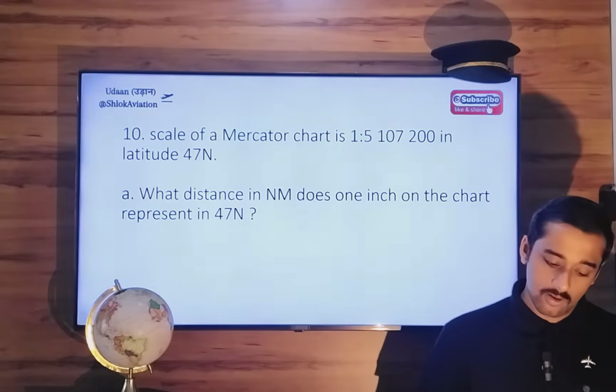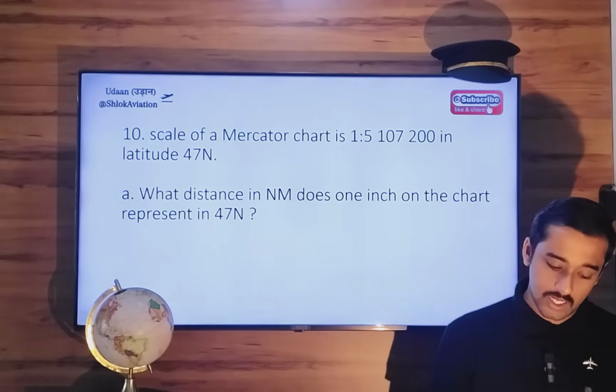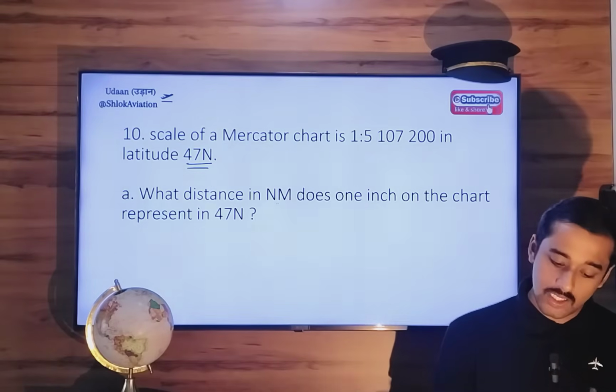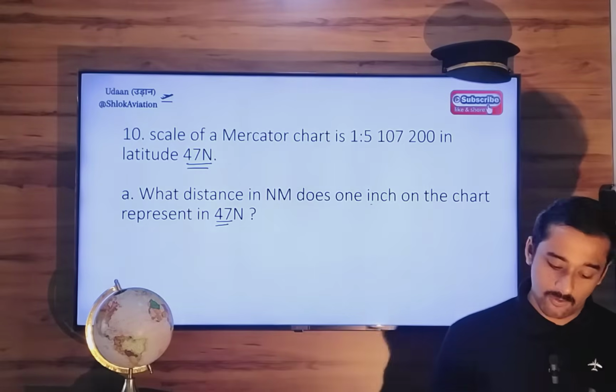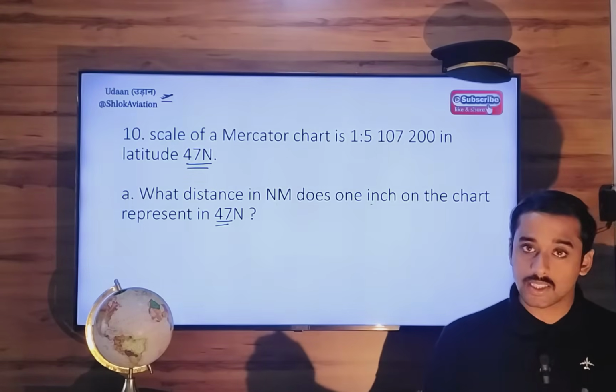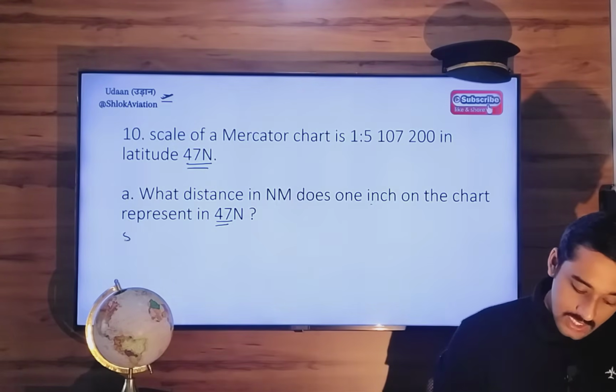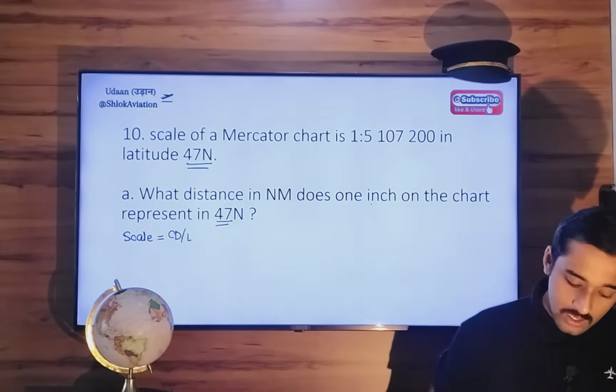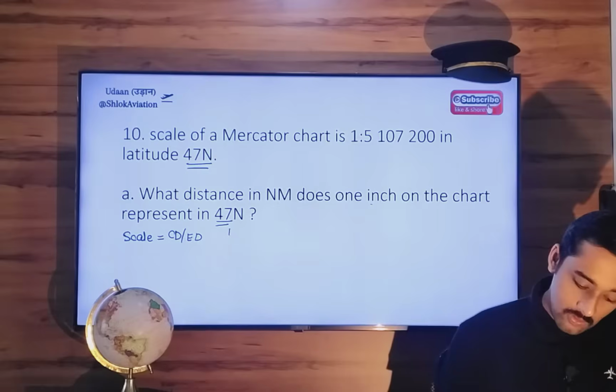There is a scale of a Mercator chart given to you at a particular latitude 47 north. What distance does 1 inch on the chart represent in 47 north? So we have to find out Earth distance. Scale equals to chart distance upon Earth distance. 1 divided by